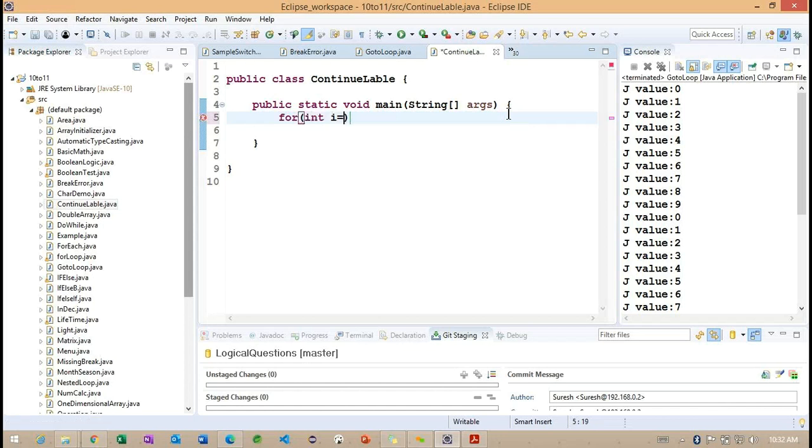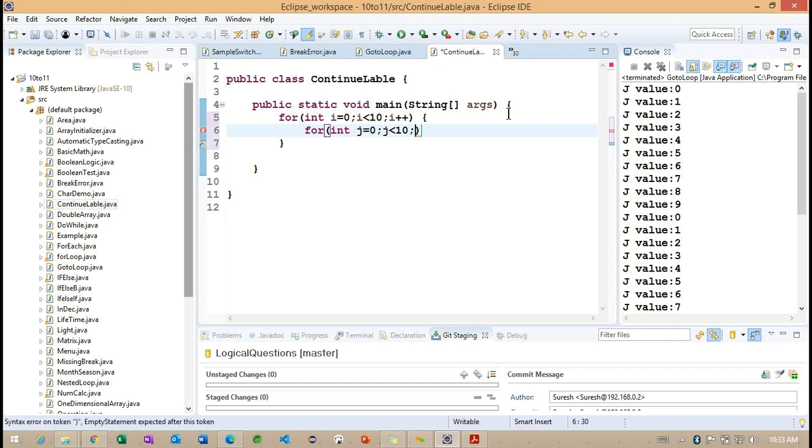For loop, I am trying to create i is equals to 0, i less than 10, i plus plus. And j I am trying to take, j is equals to 0. So now I want to check with j less than 10, j plus plus.